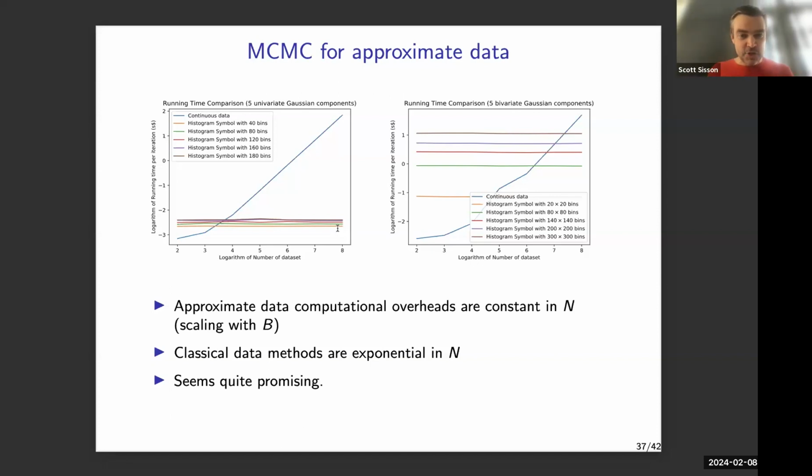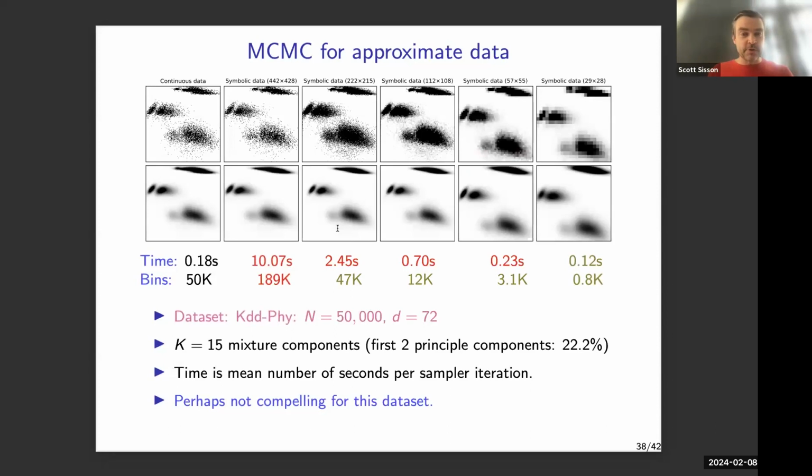Now, why are these flat? They don't change. The data set can go to infinity, and we're going to get constant computation here. And that's because, remember, the likelihood computation is proportional to the number of bins, not the number of data points. So once we have our degree of approximation, we've got constant computational cost with regard to the data set size. Okay, I'm just going to finish up with a few more pictures.